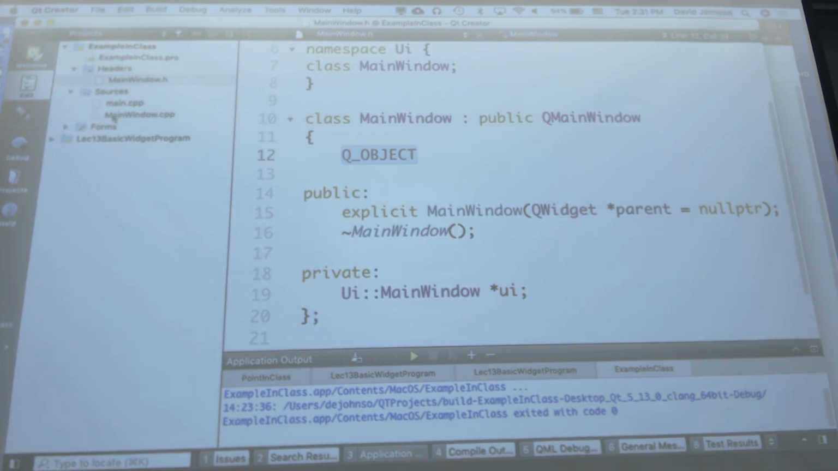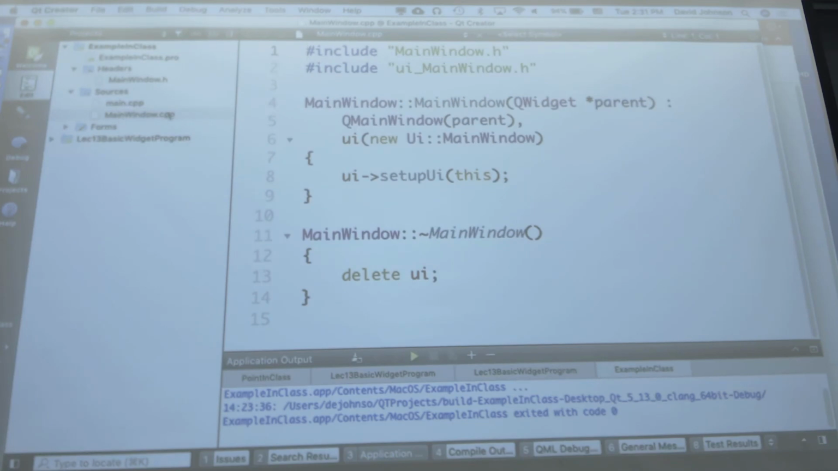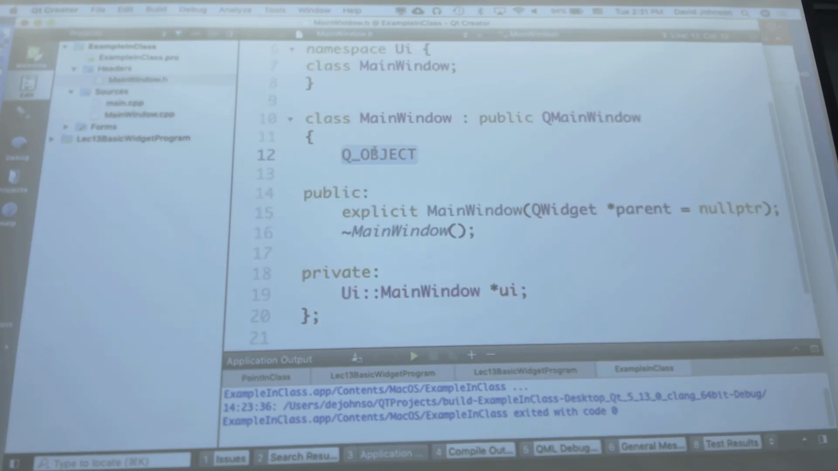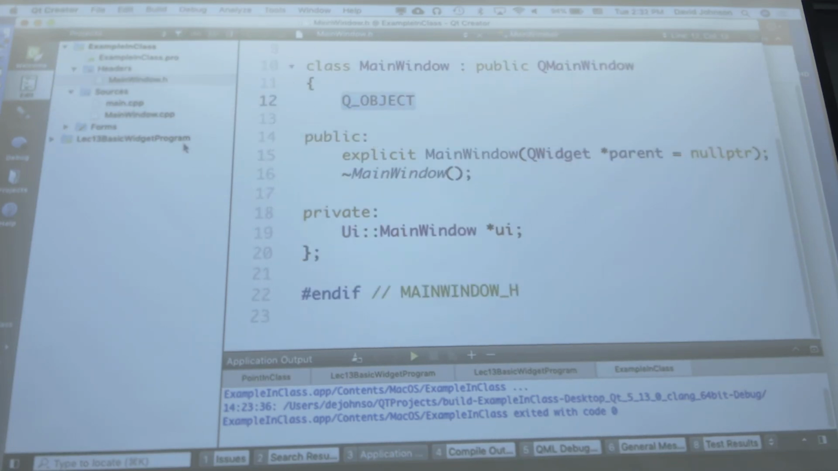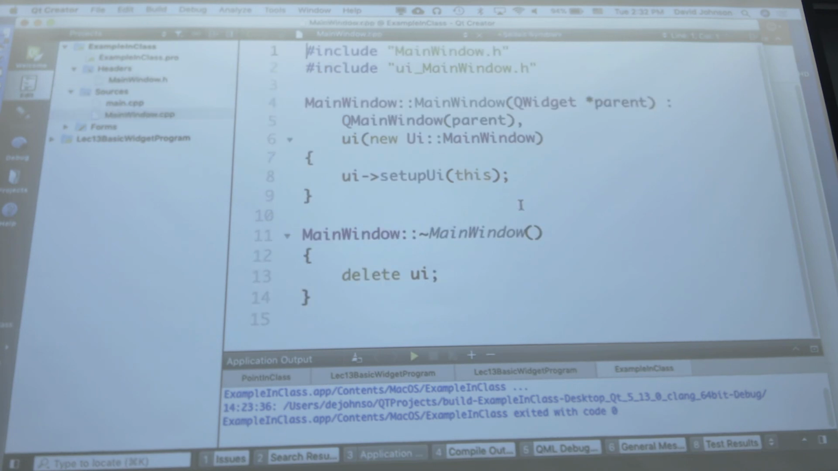Let's look at main window.cpp. So this is the implementation of the main window class. In fact, we include main window.h, so we know about the class. And we include this sort of mysterious thing we'll talk about in a minute, the UI for the main window. And in here, the constructor says,